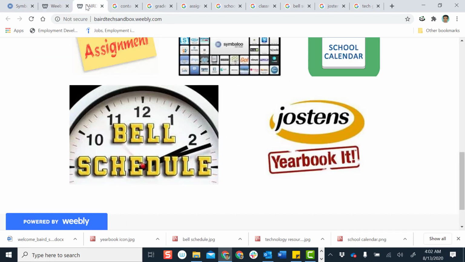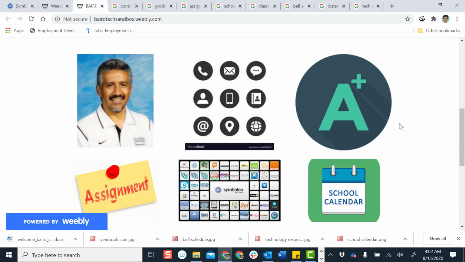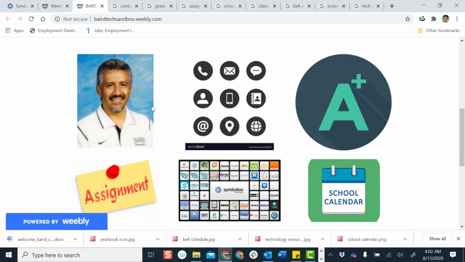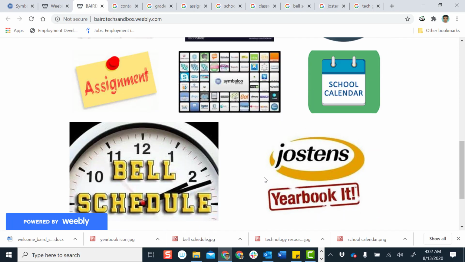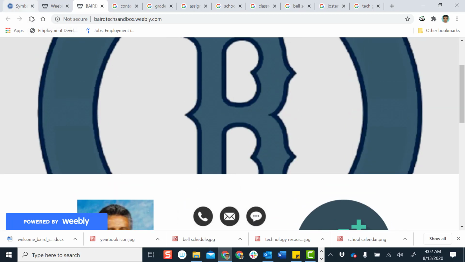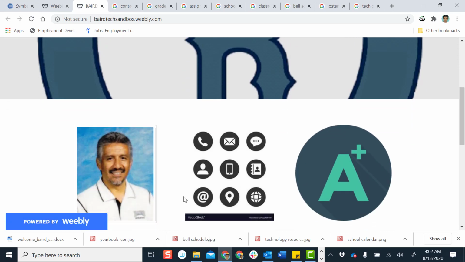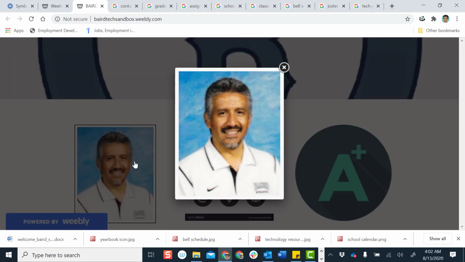I'm going to come up here to the tab that opened up when I originally published it, and notice that it looks the same. Well, I haven't refreshed it, so let me refresh my web page. And now you can see the changes for my image. There's the border, and look at the cursor. The cursor goes from a cursor to a hand. Okay. Now let's test it out. I had asked it to open up in a new window when somebody clicks on my picture, right? And when I do that,